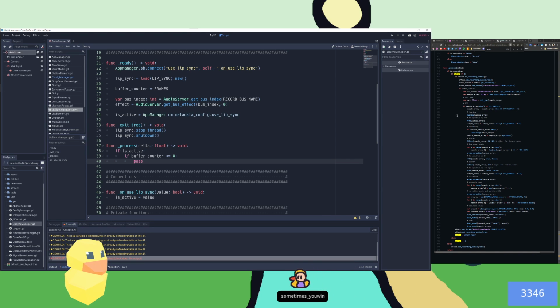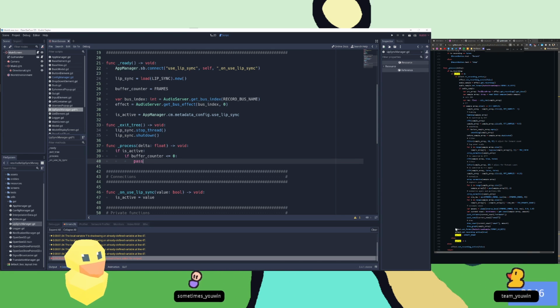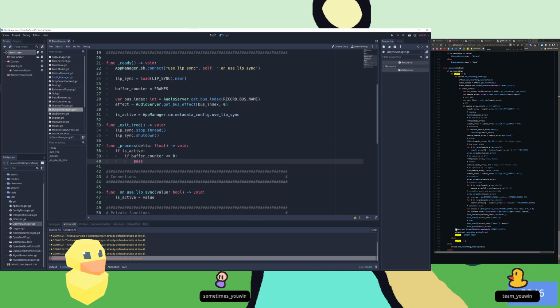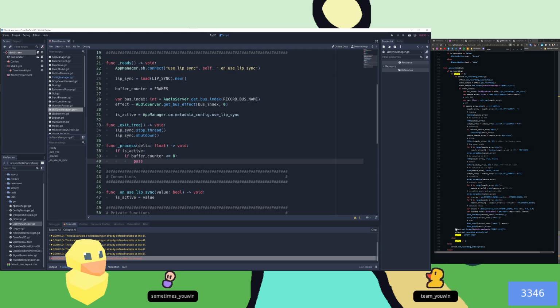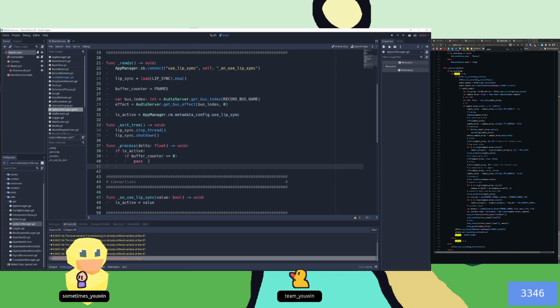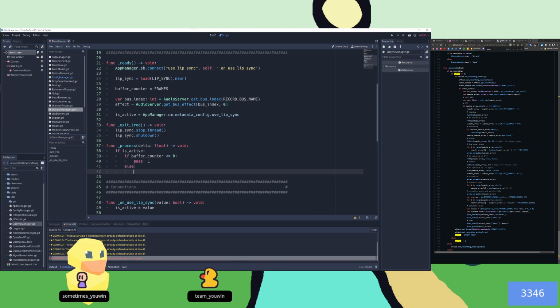One of the tough parts about whitespace languages is that once you have really long bits of code like this, it gets hard to tell where the if statements stop and start, especially when they are nested like these are. So if buffer is less than or equal to 0,